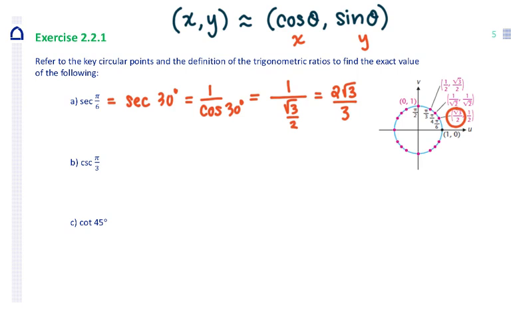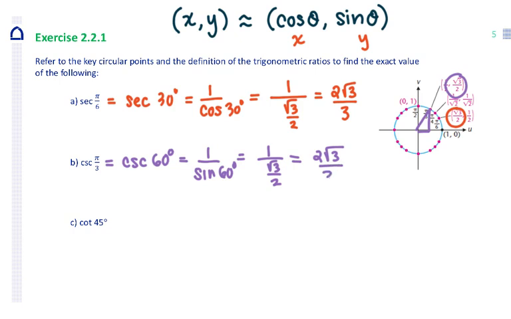Looking at the next point, cosecant of pi over 3. If you're more comfortable with degrees, that's asking us cosecant of 60 degrees. So we're looking here, triangle like that. And cosecant is the reciprocal function of sine, so it's really 1 over the sine of 60 degrees. And the sine of 60 degrees is the y value at 60 degrees. So it's 1 over, again, square root of 3 over 2, which will simplify to 2 square roots of 3